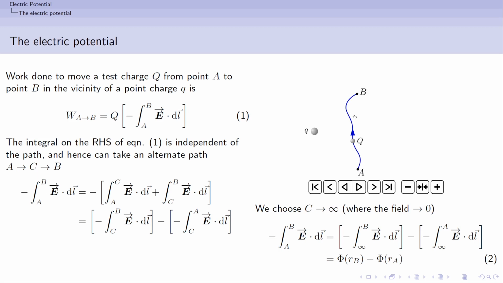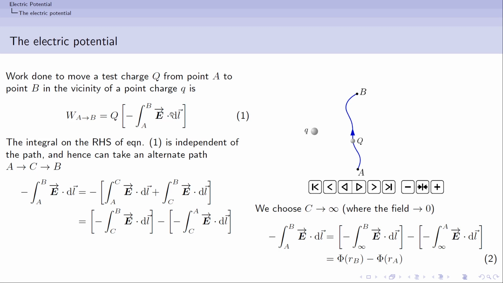It could be a straight line path, or it could be any arbitrary path, because when I integrate this electric field, as you all know, the electric field is inversely proportional to the square of the distance. And the electric field is also a central force, so this electric field will contain an r cap, the unit vector along the radial direction. Let's say the charge is here, so this is a vector r, and r cap will be in this direction. Then we take a dot product with dl, which will be along this length.